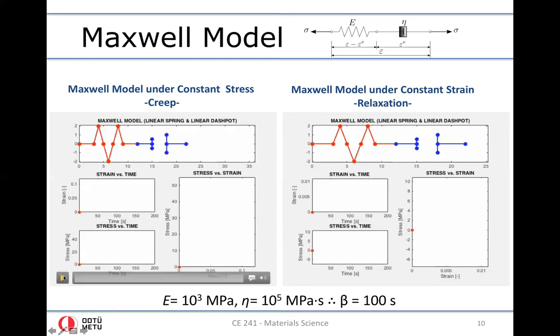Let's first take a look at the creep response. At t equals 40, I increase stress to 50 megapascals and keep it constant for a while until 160 seconds, and drop it back to the zero value. And this is what you observe in the strain time diagram. That is the creep response. You see instantaneous elastic, and then dashpot evolves, and then instantaneous elastic recovery, and then dashpot remains where